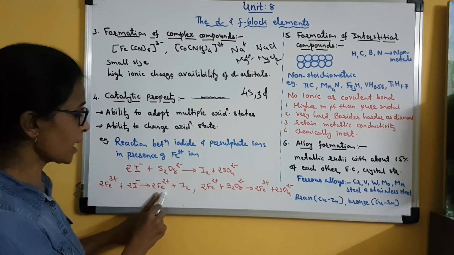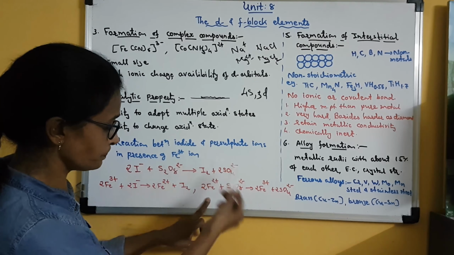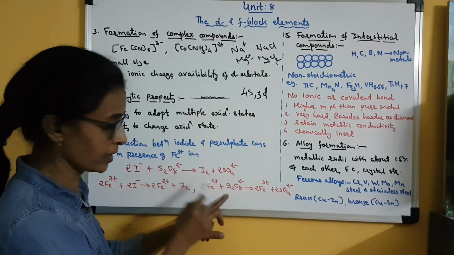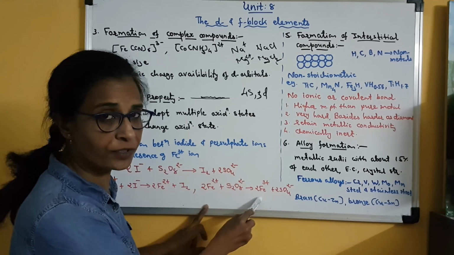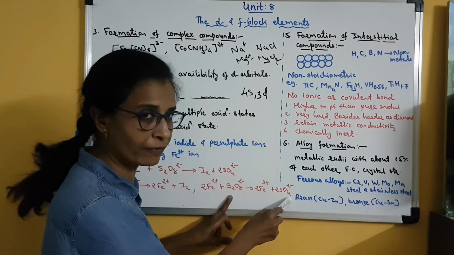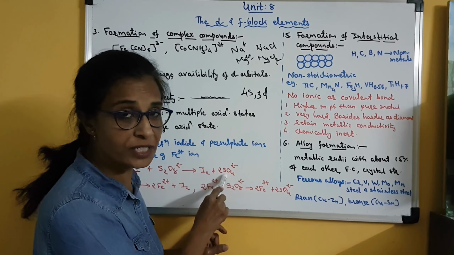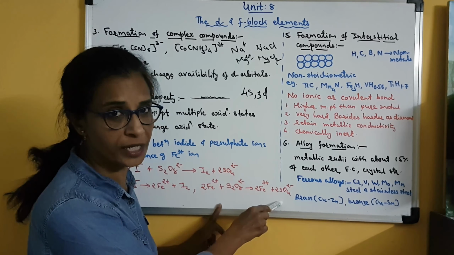Clear? Now this Fe2+ will bring about the reduction of this persulfate ion. So in the second step, this Fe2+ is oxidized to Fe3+, but it will reduce this persulfate ion into sulfate ion. Clear? So in the main reaction, the sulfate ion, which is written on the product side, is obtained in the second step of the reaction.